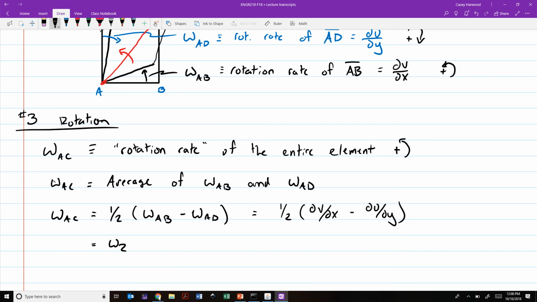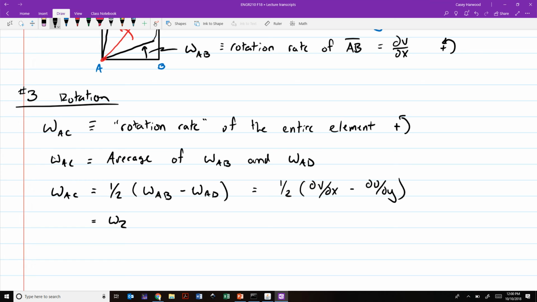But in all cases, they're going to be written this way. So we would define this vector, omega, as being omega x in the i direction, plus omega y in the j direction, plus omega z, that's the one we just derived, in the k direction,